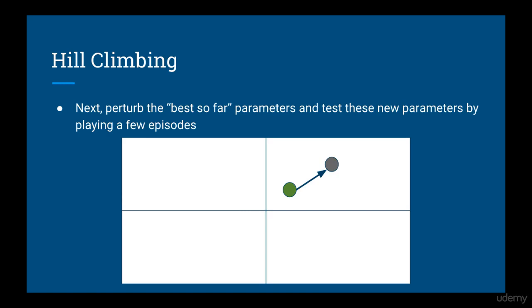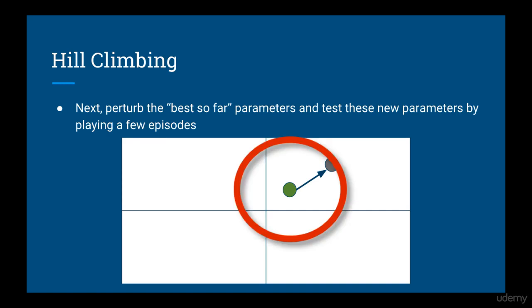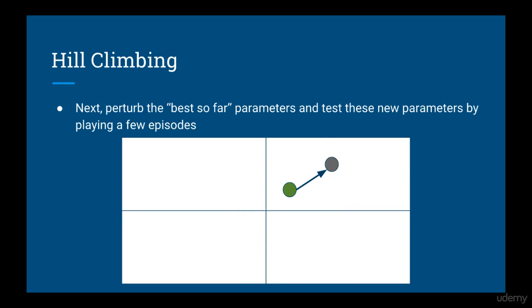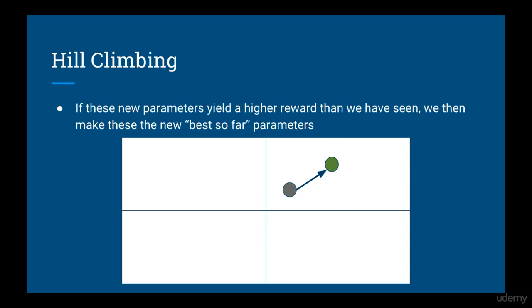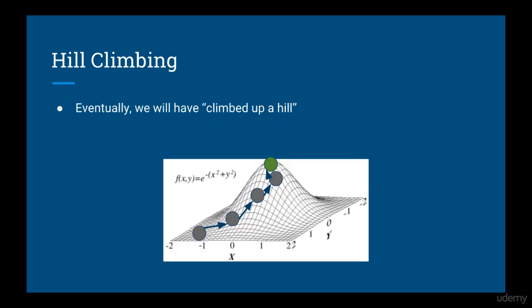So next thing we do is we generate a new set of parameters by randomly perturbing the current best parameters. So basically, this new set of parameters will be in the neighborhood of the current best parameters. We then test these new parameters to see if they yield a good average return. If they do, then we set these to be the current best parameters, and so on. Eventually, we'll have tested many sets of parameters, sort of walking on a path up a hill, hence the term hill climbing. Note that the path is always going to go in an increasing direction of the average return.